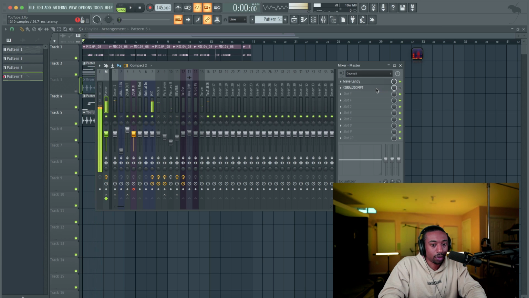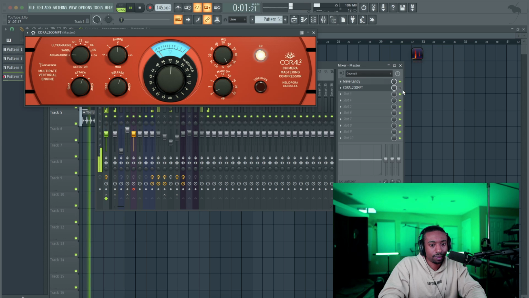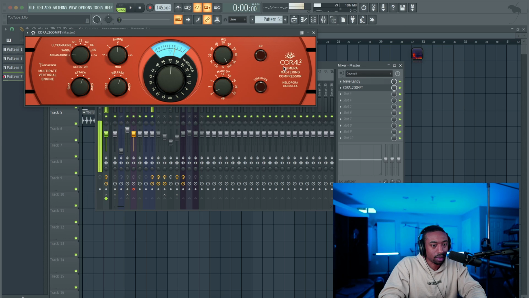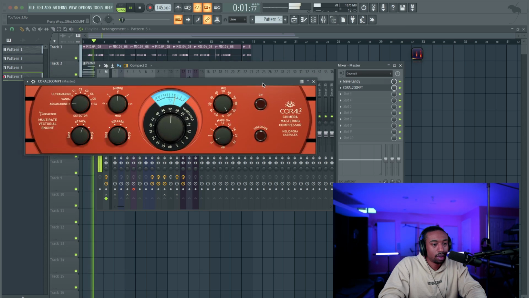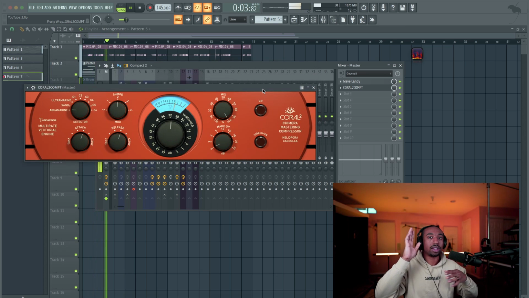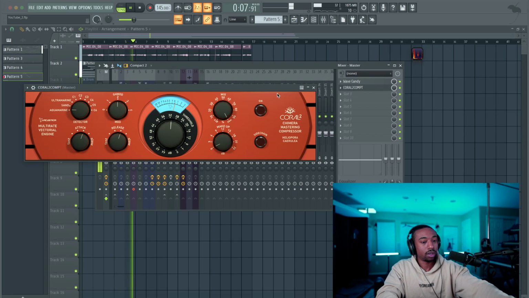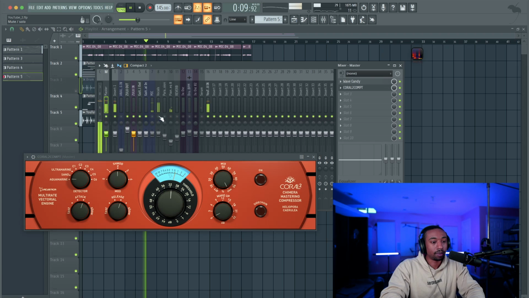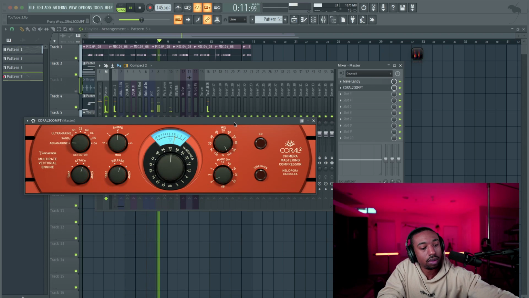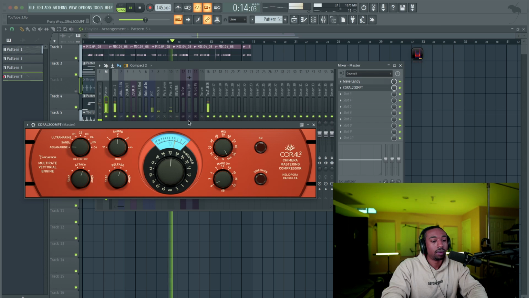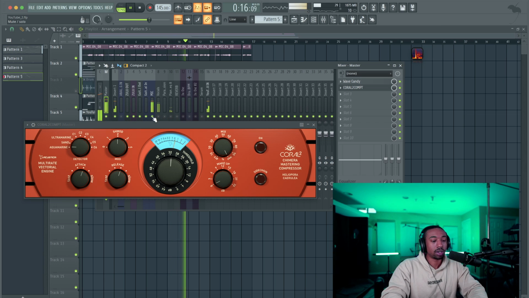Okay, so here's before this plugin. Actually, there's an on-off button. Let's turn it off. I want you to listen to how wide the drums are and how loose they feel. Turn off my headphones for a sec. Okay, so now I'm going to turn the compressor on.